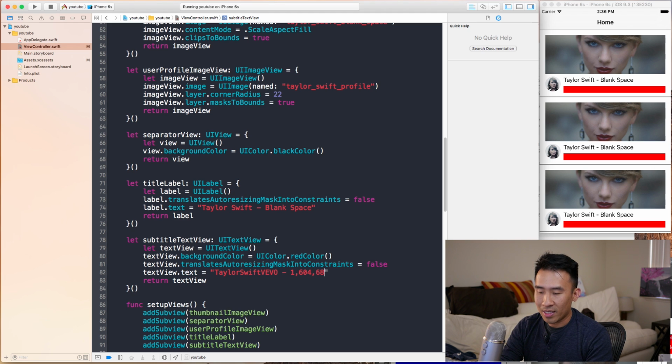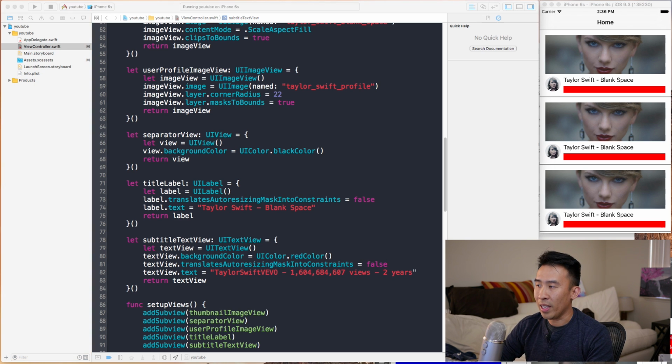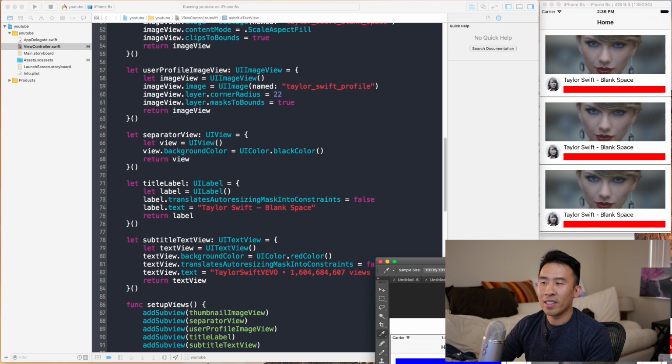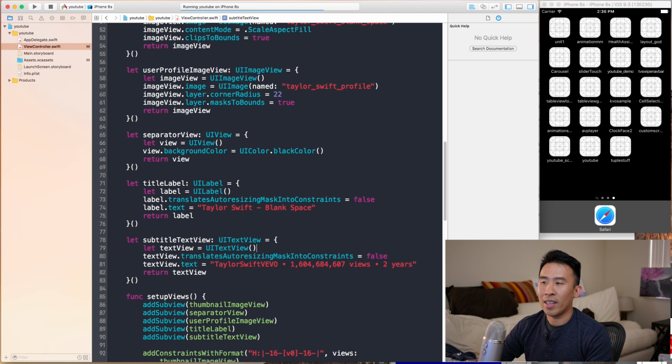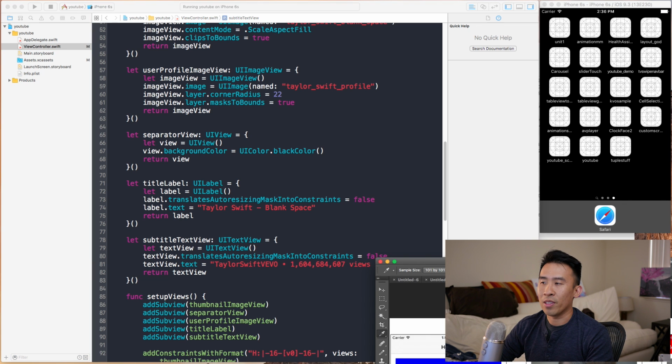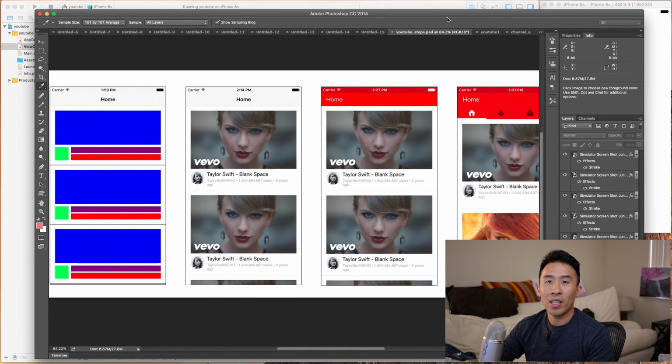Billion, 684,607 views, another bullet, and 2 years. Okay, so the way to get this bullet is to actually copy it from the internet. I just got that bullet by Googling "bullet in Unicode", and you get that little bullet point there. And now I'm going to remove this red color that's in the background of the subtitle text view. And then we get